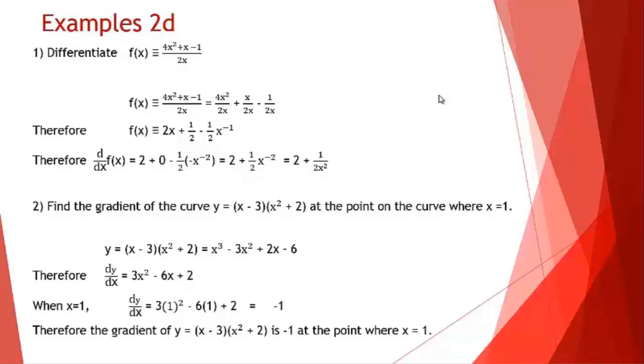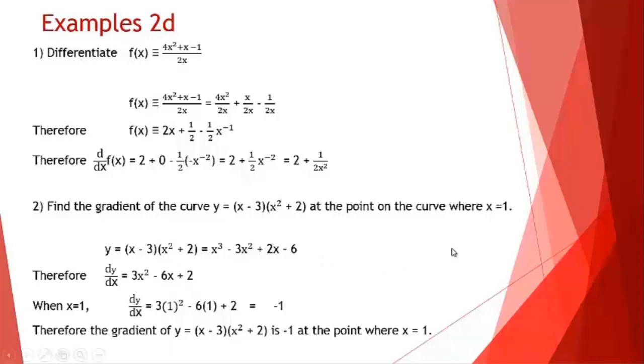So therefore, the derivative of y with respect to x would give us 3x squared take away 6x plus 2. Since there is x cubed, we times by the power and then we take away 1 from the power, which would give us 3x squared, and then take away 3 times the power would give us 6. Take away 1 from the power would give us 1, so x to the power 1. Then it becomes negative 6x plus 2, since 2x is a constant with the x term, so that we get 2 at the end. 6 is a constant without any x terms, so it becomes 0 when we derive negative 6 with